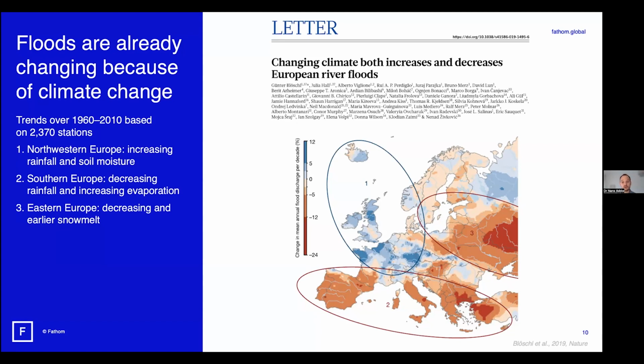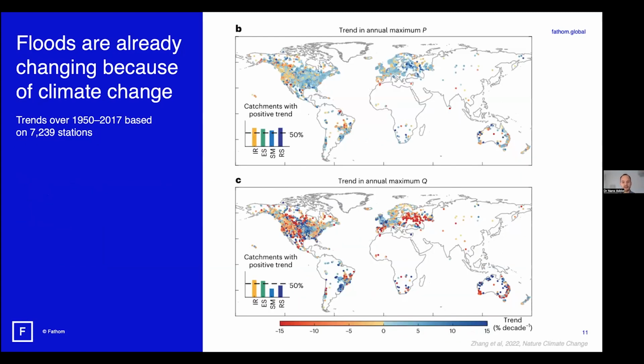And the other region is Eastern Europe and Scandinavia to some extent, where there are also smaller flood peaks, and this is related to snow. And climate change causes the snowpack to become thinner and thinner, leading to smaller flood peak when it melts in the spring. So this is a study for Europe, but a similar study was published at a global scale just